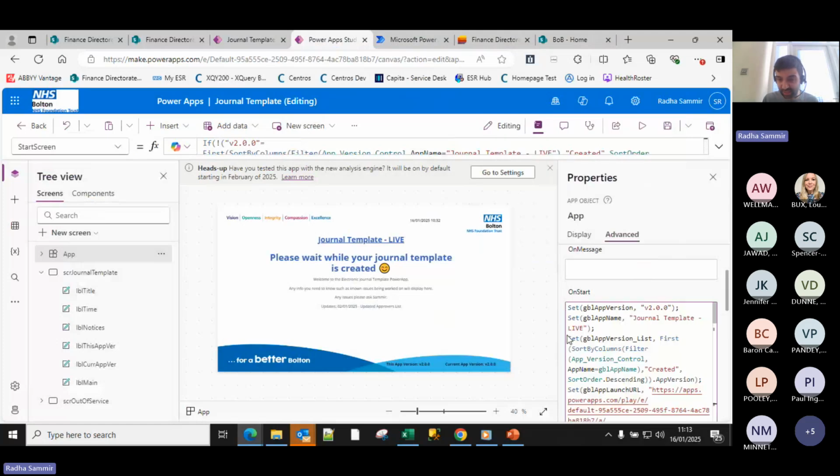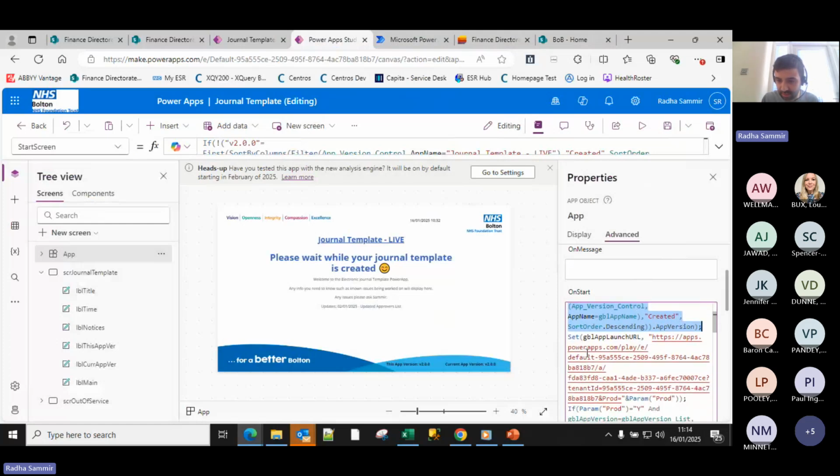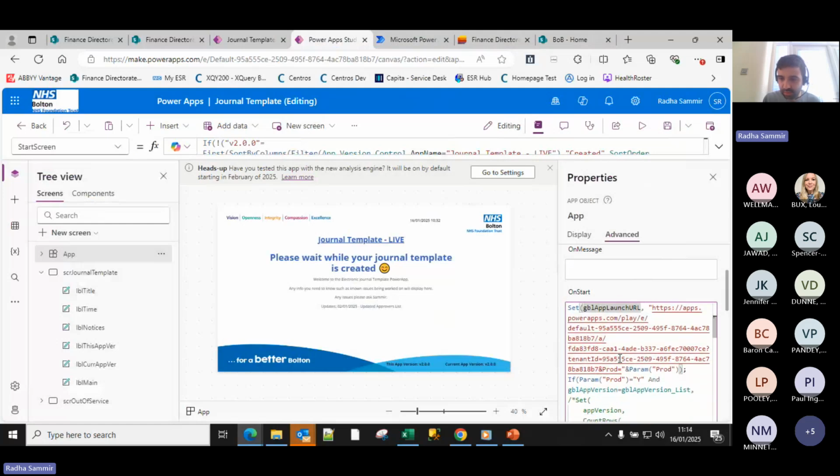And this is essentially this code here. That's a VLOOKUP in Power Apps to a SharePoint list. That's just a way in which you could see it. And the next thing on here is I'm setting a URL to launch from here this app, such that if somebody